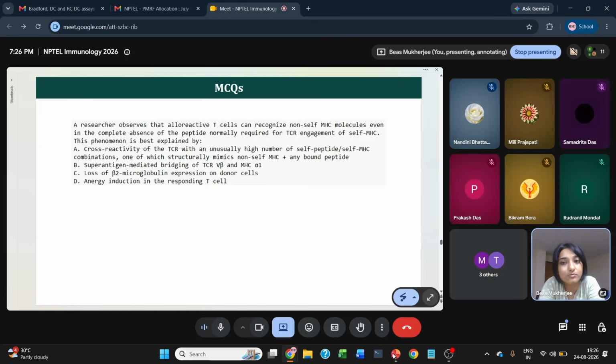Now, a researcher observes that alloreactive T cells can recognize non-self MHC molecules even in complete absence of the peptide normally required for TCR engagement of self MHC. This phenomenon is best explained by: